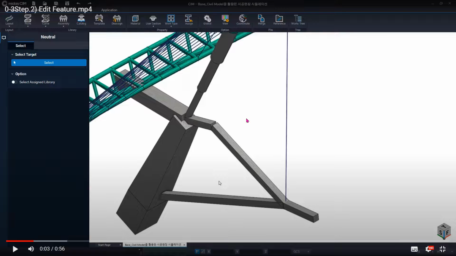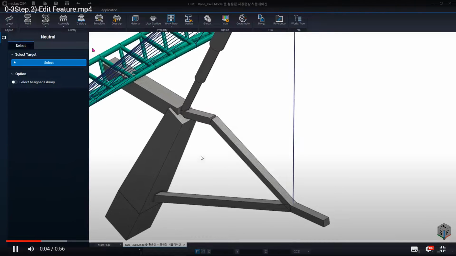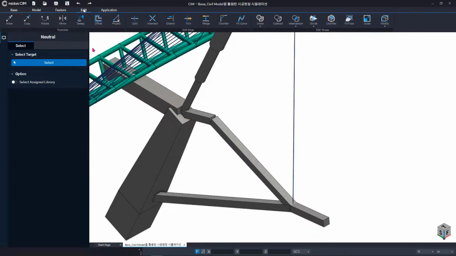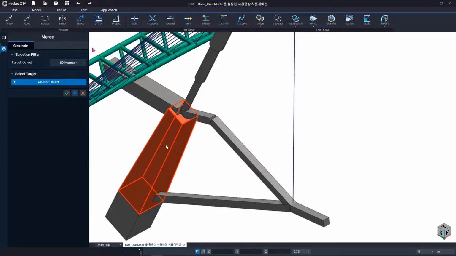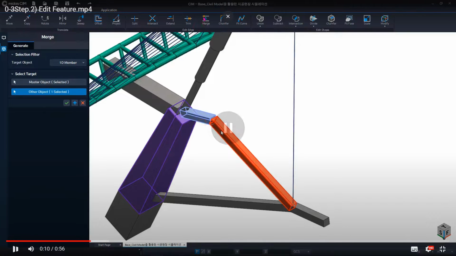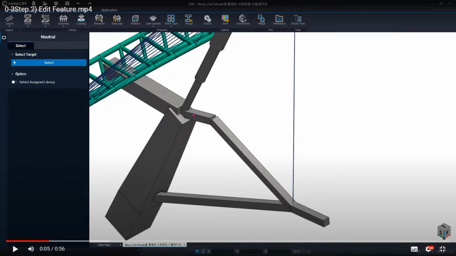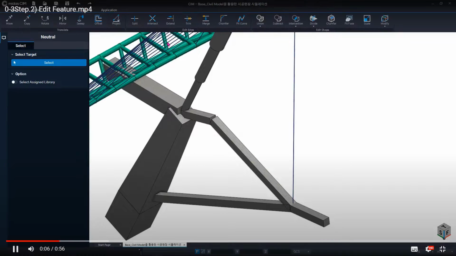You can use the edit file menu in here, and then you can click merge here. And usually after you click merge, you will see a select target here.